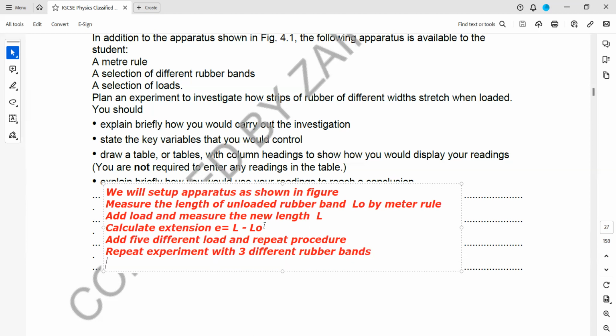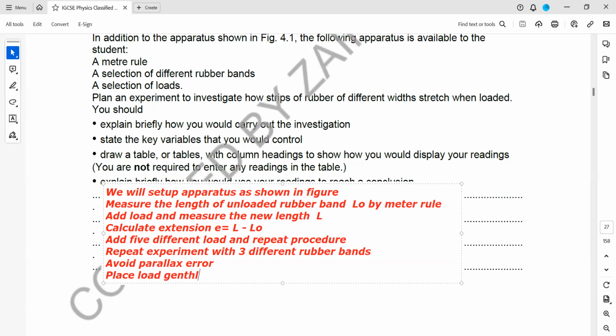The next is the precaution related to this. We should avoid a parallax error, because a measurement is there. So we should look perpendicular. Then, because when you add a load, the rubber band or a spring usually vibrates. That is about the key variable, but right now we are mentioning the key variable in the second bullet point. First we are answering how we carry out this investigation. So we should avoid a parallax error, and we should place the load gently